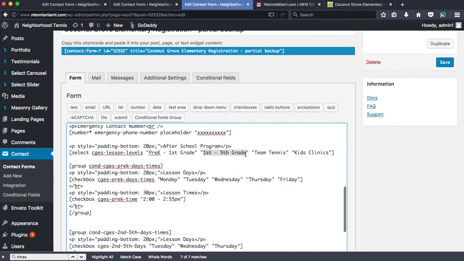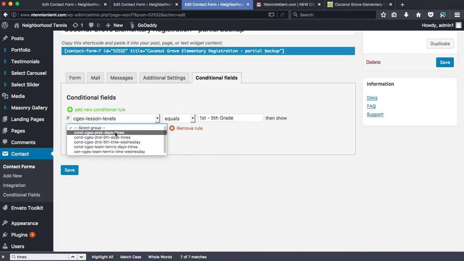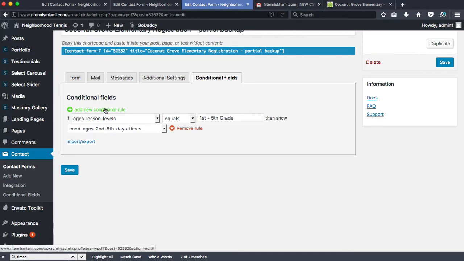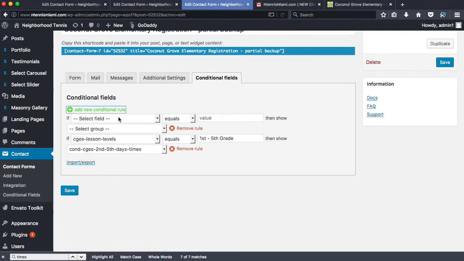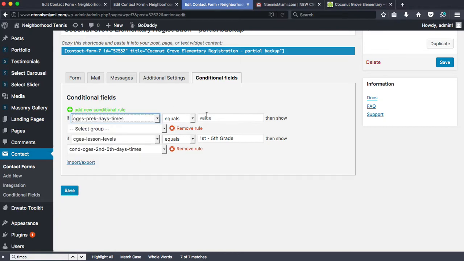If I do first to fifth grade, CGS equals that, then I'm going to show the conditional CGES second to fifth day times. Okay, so now that I have those second to fifth day times, I'm going to do another rule that says if the time that was chosen, so day/times, if it equals, okay, let me just make sure that that is